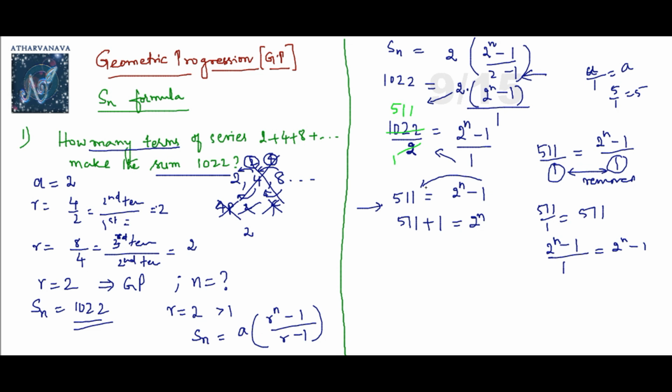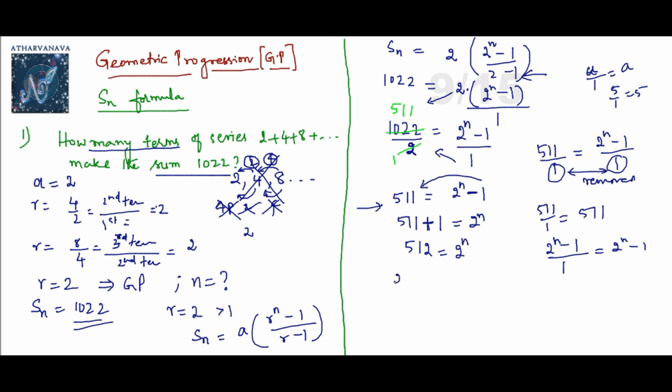And this one, which is in subtraction, due to transformation, again it will become plus when it comes to the other side. Some people have this confusion. Those who know, it's good. But those who don't, try to understand this clearly. I have written the steps very clearly here: anything divided by 1, except 0, you can write as the same number. So that's why I have written like this. And when it had minus 1, when it had a transformation, that is bringing it to the other side, it will become 512 is equal to 2 power n.